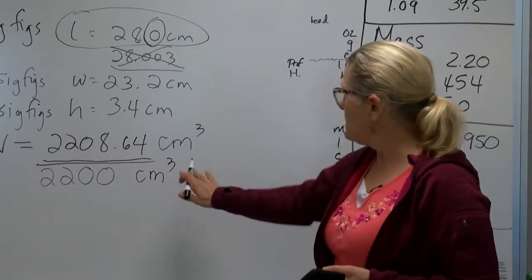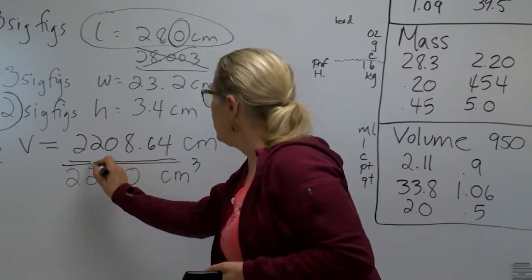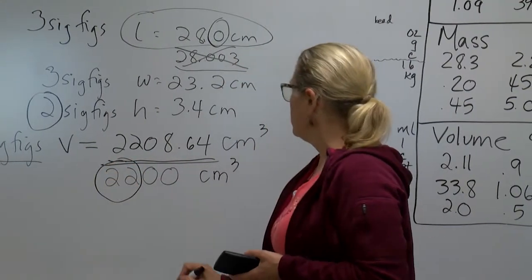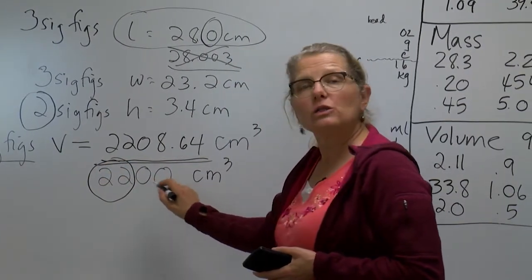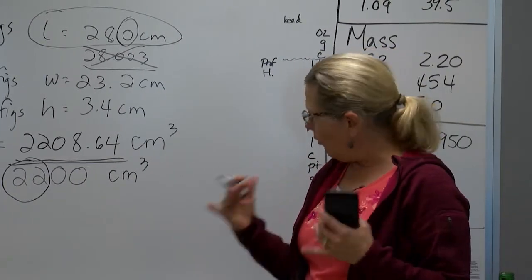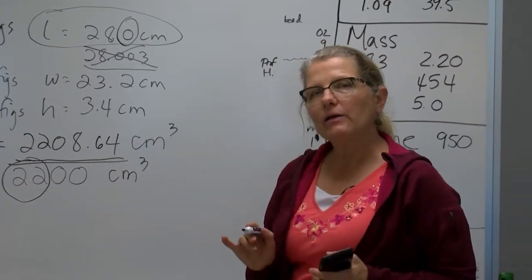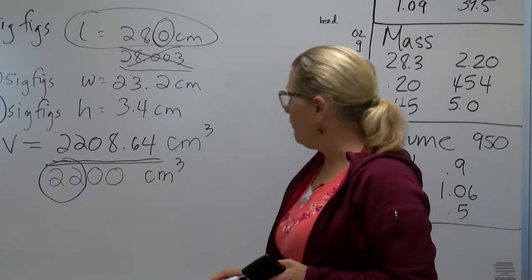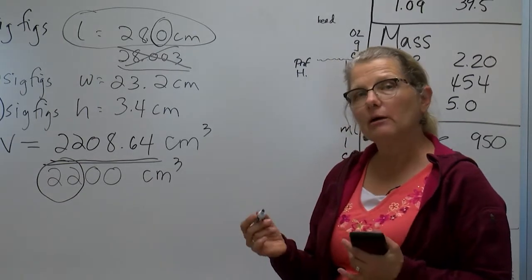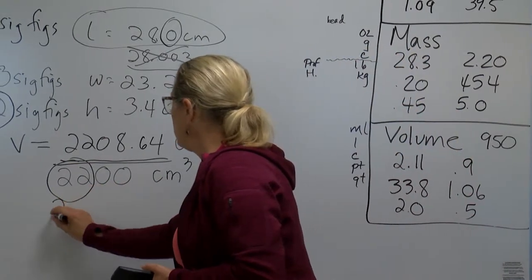2,200 centimeters cubed. 2 significant figures. These zeros are only there to place the decimal. They're only there for that. They're not telling me we know that accuracy. Now, another way to write this, and we will be talking about scientific notation in a second, is to say